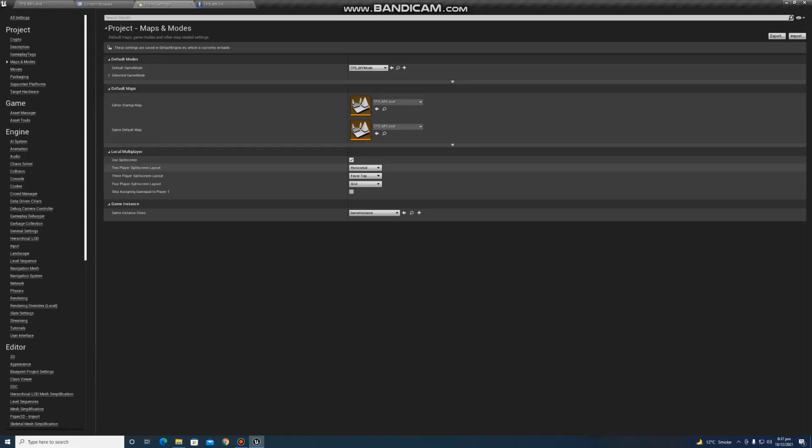Now we have to implement the functionality for our character. We need to walk around, we need to turn, we need to jump. So now we're going to implement that functionality. For that, before we implement any functionality for our game,